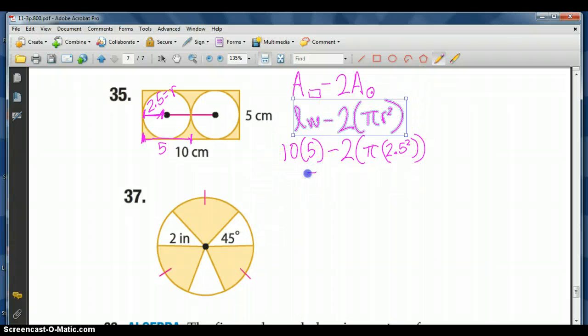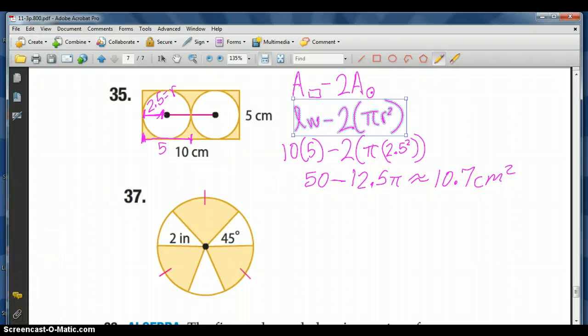So 10 times 5 is 50, minus 2 times 2.5 squared is 12.5. So we have 50 minus 12.5 times pi, which is approximately 10.7